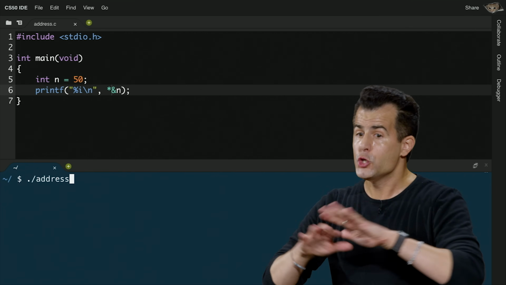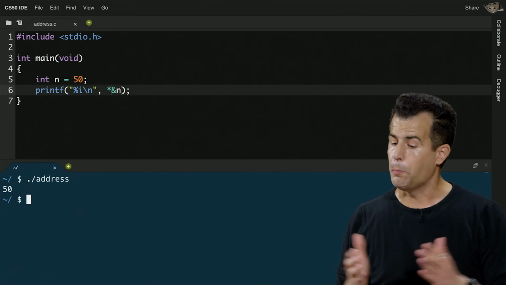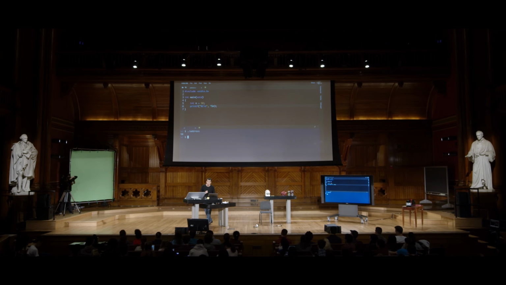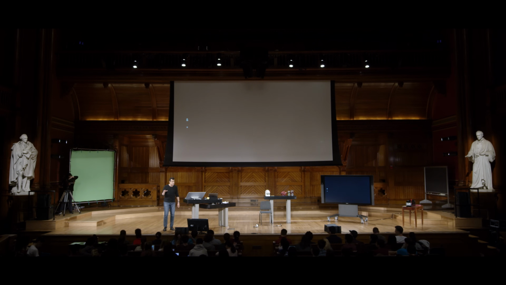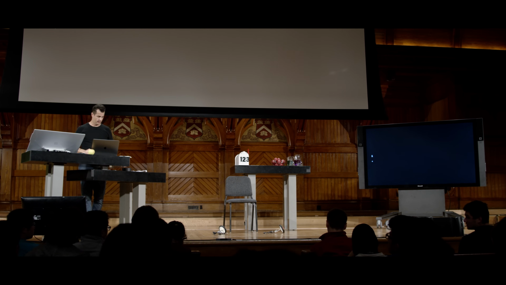50. Because I'm not even showing the address. I'm getting the address and going to the address, thereby defeating the point. I again see 50. But this is only to say quite simply that even though things might seem a little cryptic today at first glance syntactically, ampersand is get the address, star is go to that address, one way or the other.